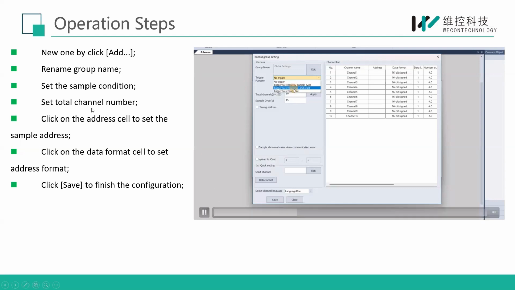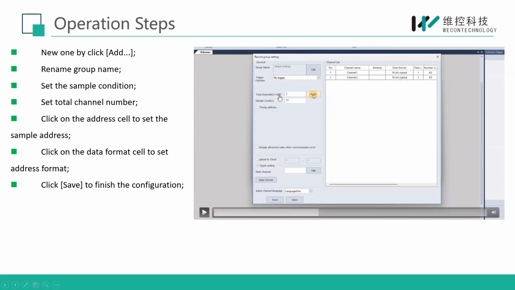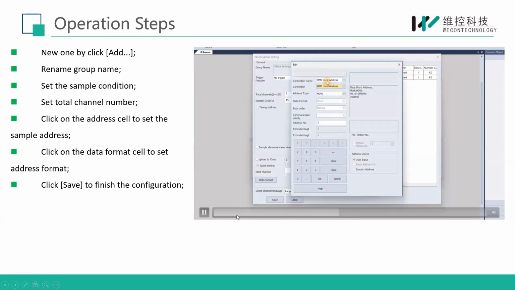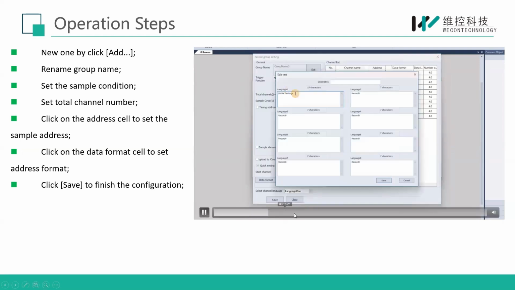The next one is to set the total number of channels. So we can select our channel here. We can set channels 1 to 100 into one group of this part. Basically these four addresses channels are